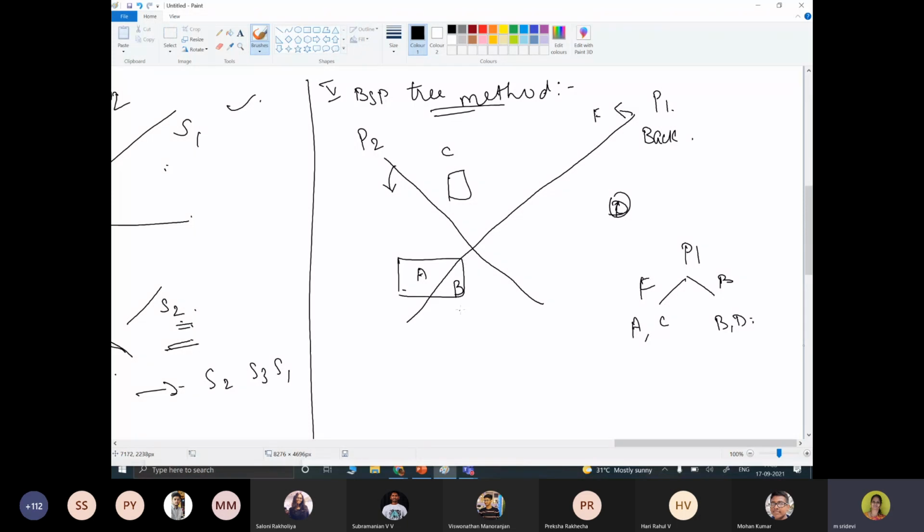Now here again we are using another plane. With P2, what is the front and what is the back? Front is A and B, and back we have C and D. Back is C, only with this portion I'm talking about.